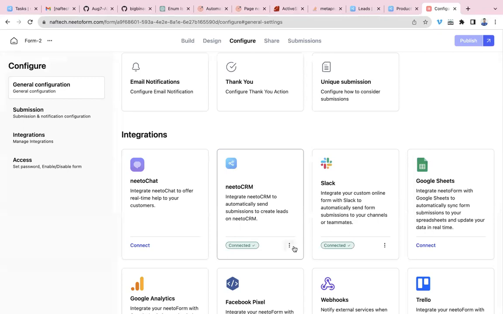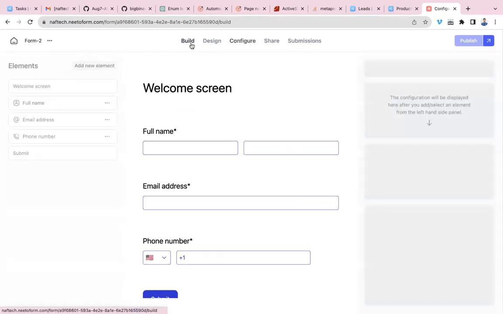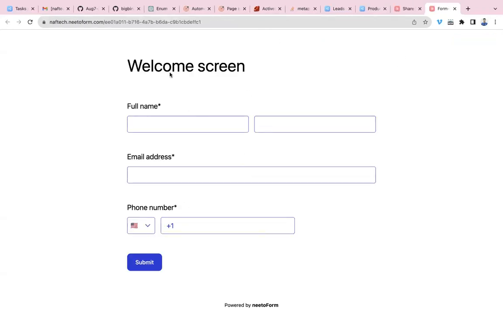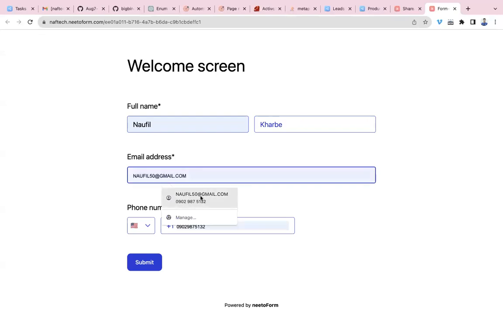If I connect it over here, then anything which I am adding on the Neeto form, this form can be added on the web page, and if anything is getting created from here,